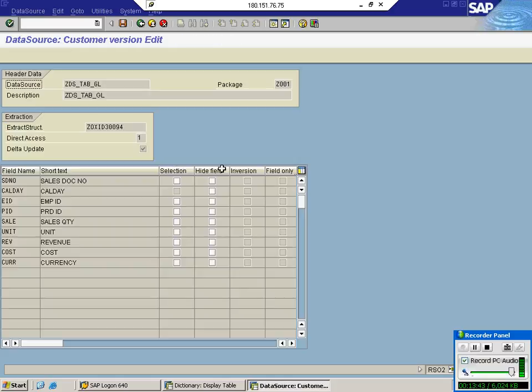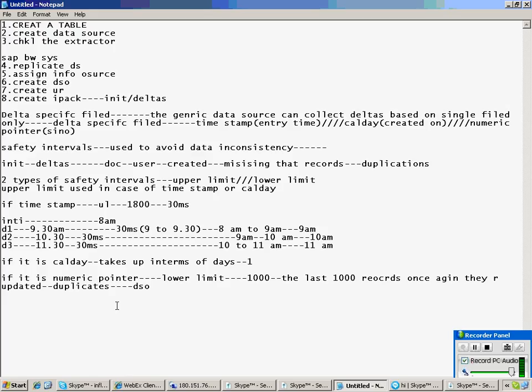So what is this? Selection, hide, inversion, field on. There is something called selection and hide. Let's see first. I'm just going for selections related to employee and product. So what is the selection? I told you something called selective full loads, right?